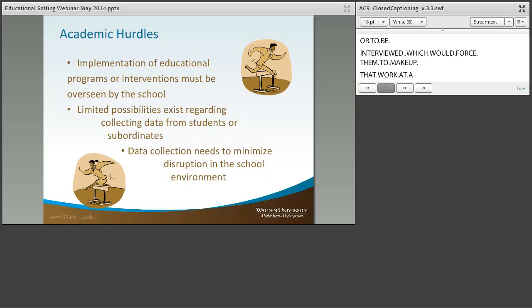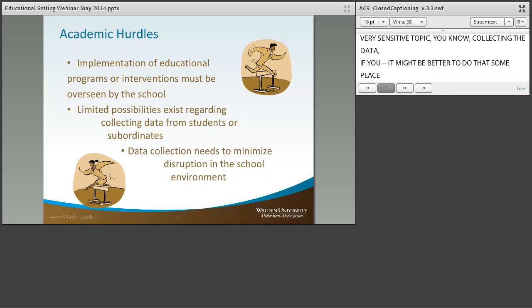So if data is collected within a school period, we really want to make sure that any disruptions like that are minimized. And then additionally, another layer on top of that is considering whether the school is even the best place to collect the actual data. It might be a very appropriate place to do recruitment, but if it's a very sensitive topic, it might be better to collect the data someplace else. For example, studies that are looking at experiences with bullying.